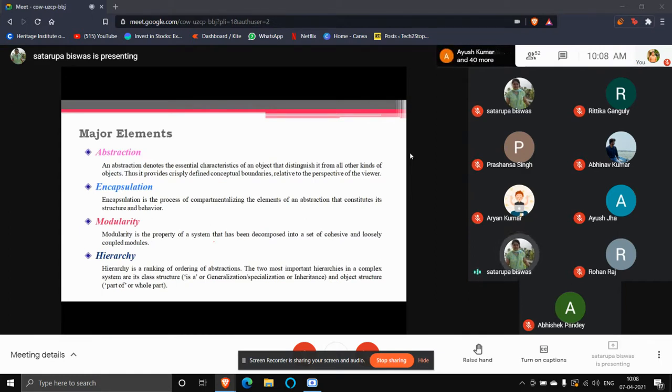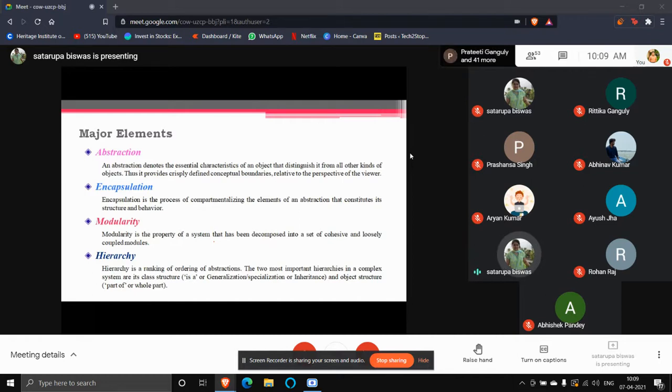The concept of abstraction has already been discussed in the previous class. So what is an abstraction? When somebody is viewing an object from outside, what is happening inside is not known to him. For example, when you are driving a car, you are seeing that car as a whole. So it is an object. But how the car is being driven, what is the purpose of the engine, how the different parts are working to run the car, these things are not known to you, and you are also not interested in it. Who is interested? The mechanics are interested.